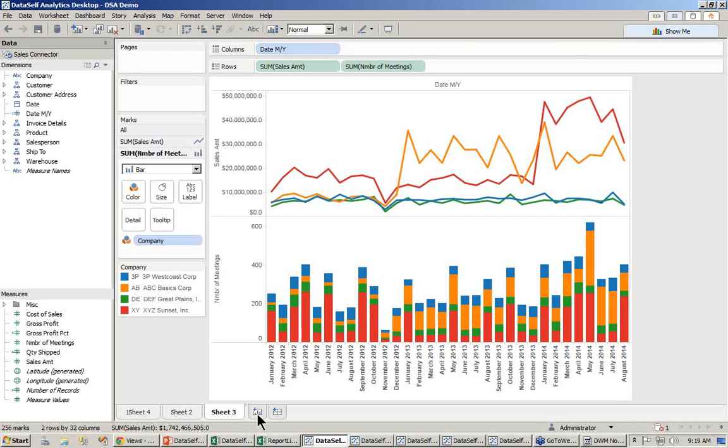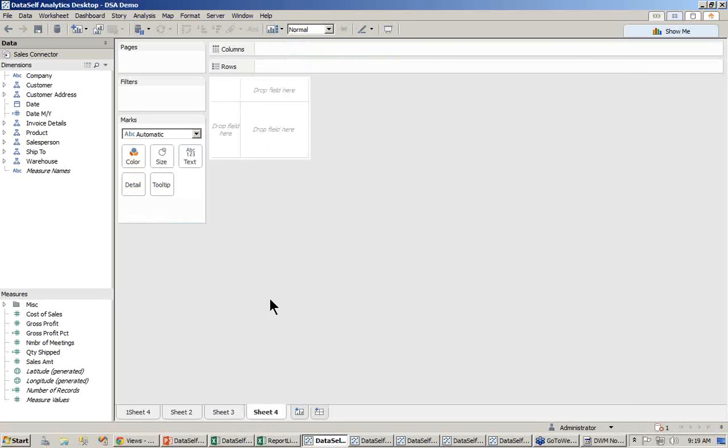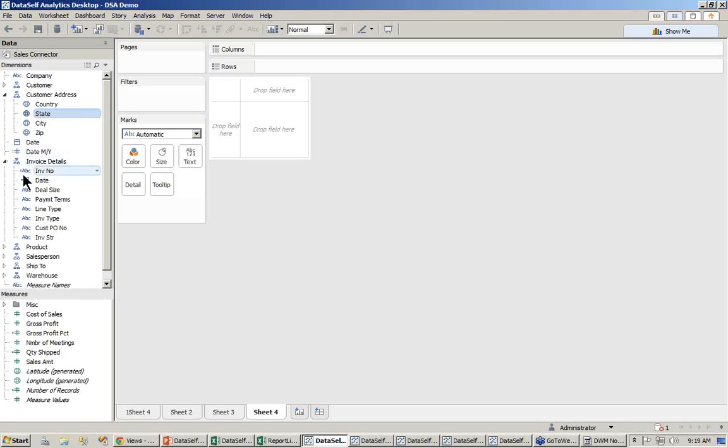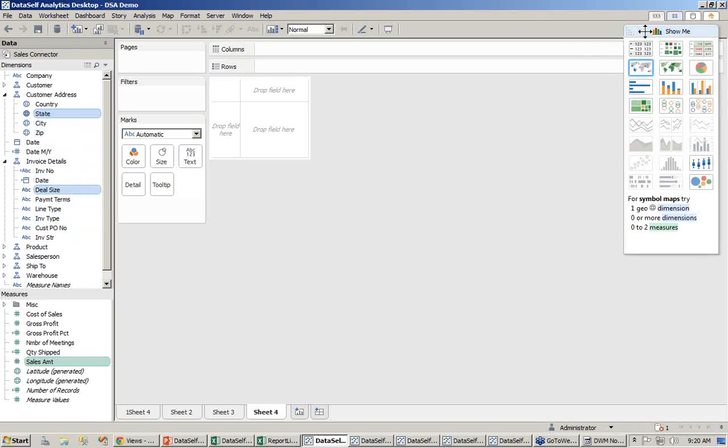Maybe you want to build another dashboard that uses charts. In this example, it can be even more informative in a way. Let me build a dashboard that looks at geography information such as state. I want to also break down by deal size, which is the size of my invoices: small, medium, big ones. And I want to see sales amount. Now, when I choose my report variables and go to the Show Me button,